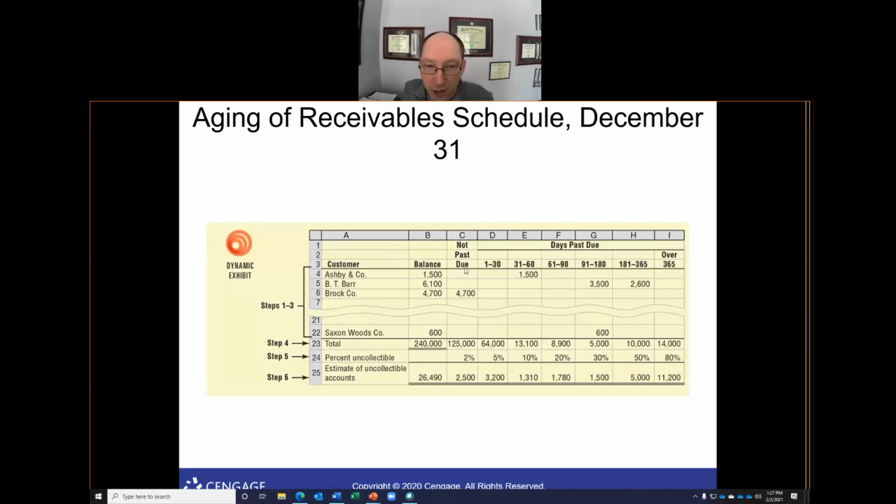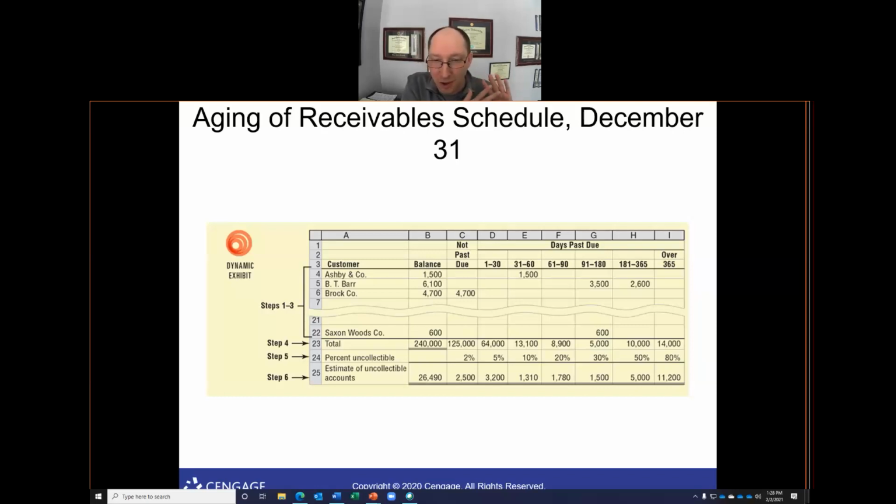So for column C, this is my amount that's current. I have 125,000. In other words, that's not past due yet. Days 1 through 30 past due. In that column, I have a total amount of 64,000. These are coming from lines 4 through 22, that's a list of all my customers. You see there's a little wave in the middle there. That's because it's so long, we can't fit it all on one slide. But that's the total amount for each column, and so those are the totals, right?